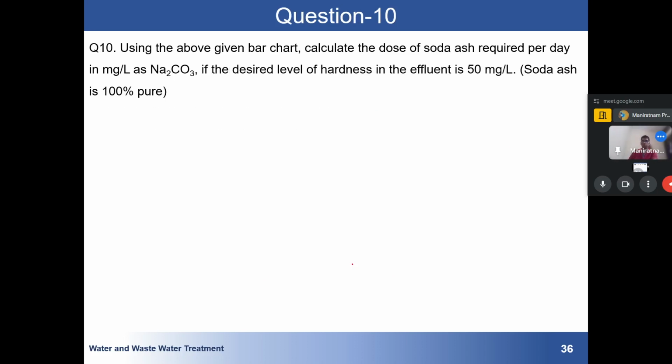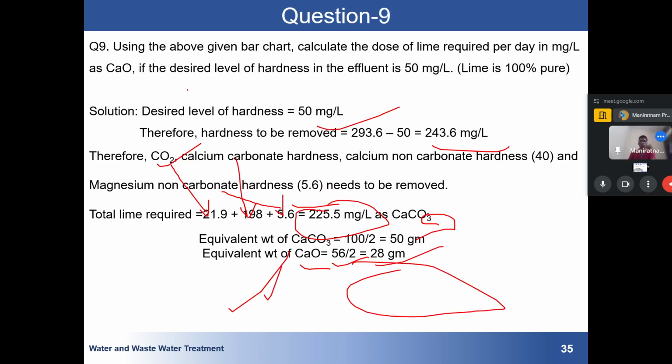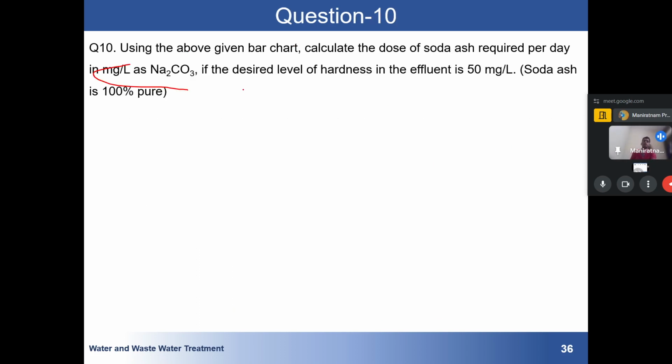Coming to the last question of the day. The last question of the day is: using the above given bar chart, calculate the dosage of soda required per day in milligram per liter. Remember, now they are asking in milligram per liter Na2CO3. Here they were asking milligram per liter as CaCO3. So this is just the equivalent. And why are they asking in this form? Because